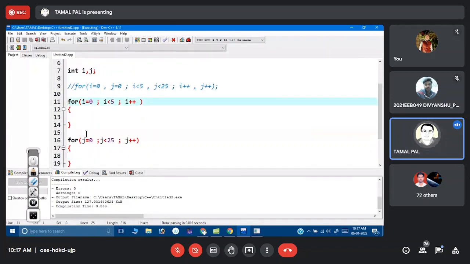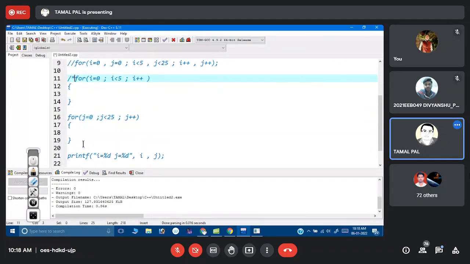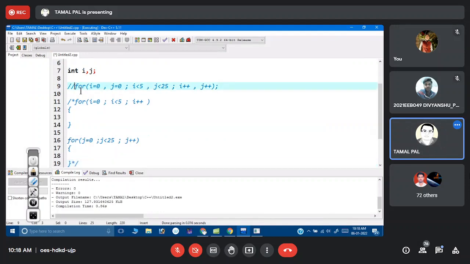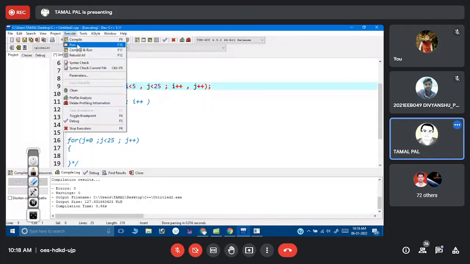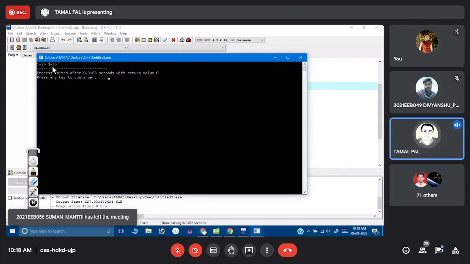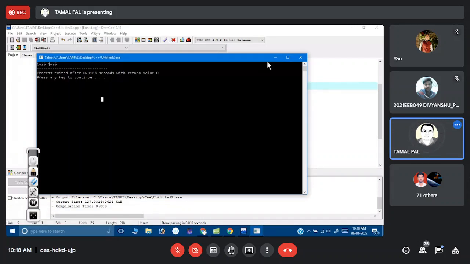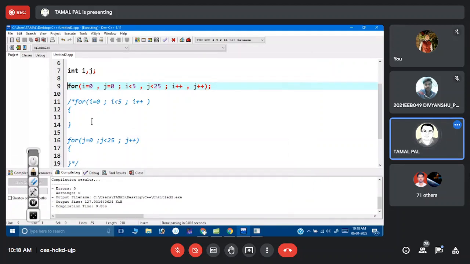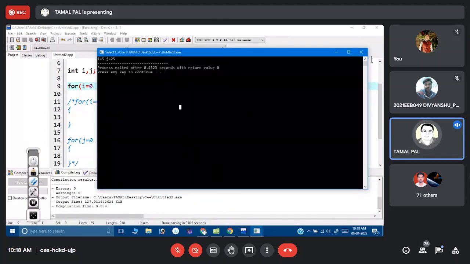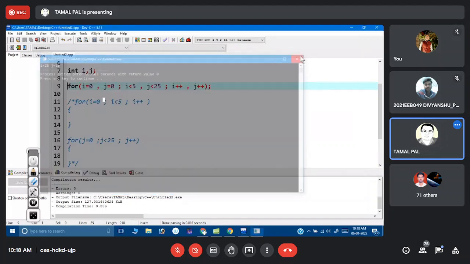And when you have combined these two loops at the same time, it also provides the same result. i equal to 25, j equal to 25. Is it? Oh no, it's something else. It's different instead.